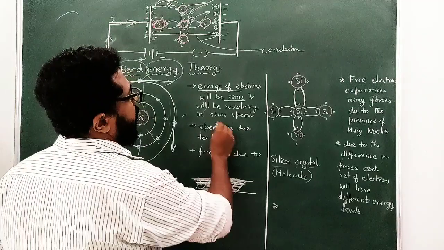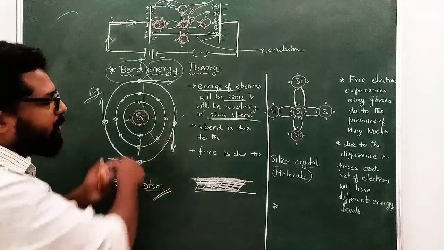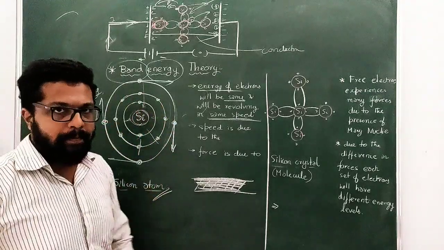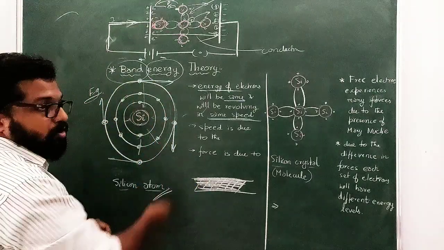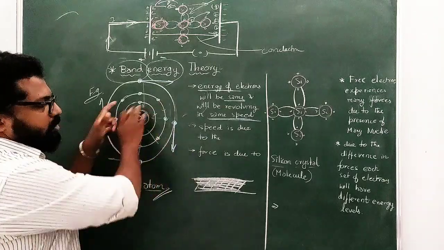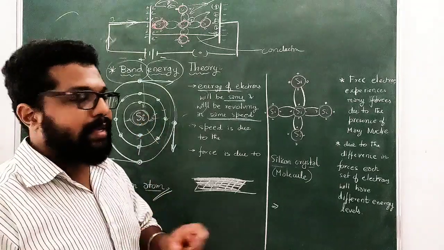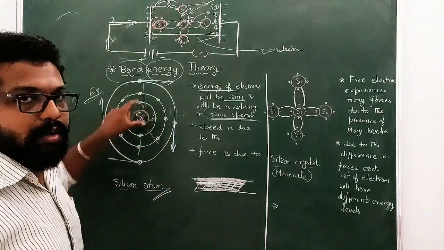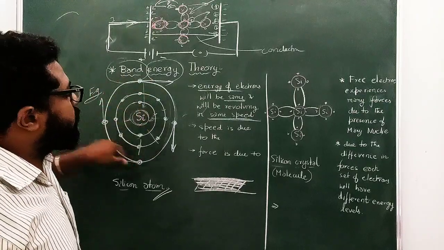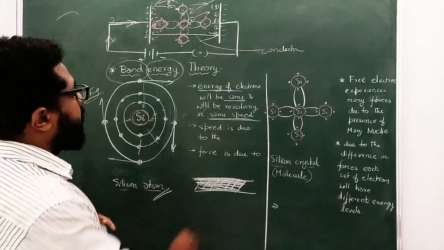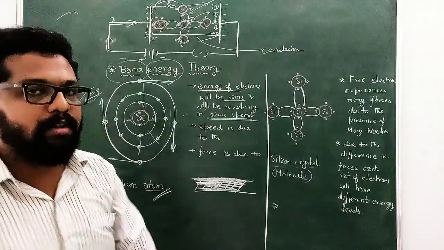Again, I am stressing it. They will be revolving at the same speed. It will not be like the outermost one is faster or slower. I am not talking about the inner shells at all. Their speed will vary because they are closer to the nucleus, and the nucleus attracts them with greater force, whereas the outer ones are attracted with a lesser force. So all the electrons in the outer orbit will be revolving at the same speed and will have the same energy.